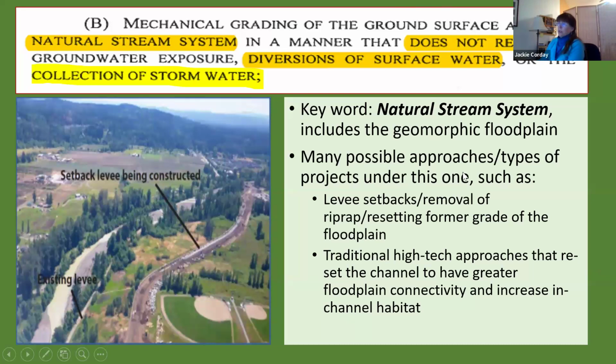Many possible projects under this, especially what comes to mind is levee setbacks. So when you have large rivers, think of the South Platte, the Arkansas, other big rivers along the Front Range, many times those rivers have been hemmed in long time ago, maybe 100 or plus years ago, by large levees. And now there's opportunities to think about